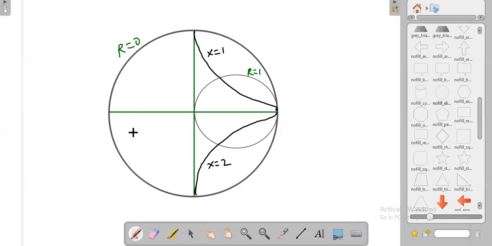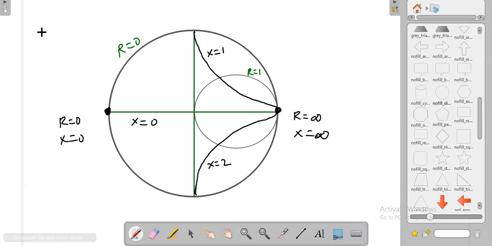Because when r is 0 here, when r is 1 here, then when r is more than 1, you have to go inside. Like this, you have to remember. This horizontal line is called what, sir? The x is equal to 0 line. But what is this point? At this point exactly, r is 0, x is 0. Similarly, at this point exactly, r is infinite, x is infinite.